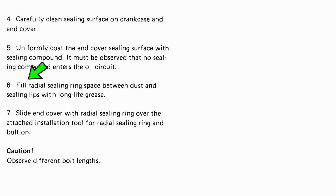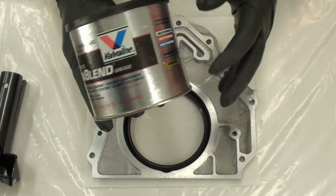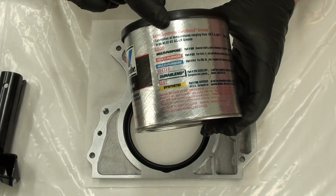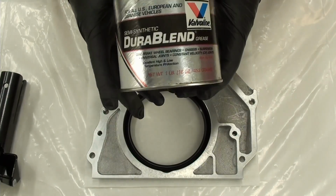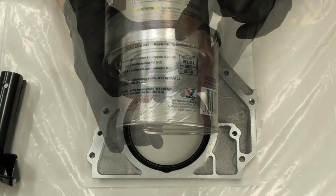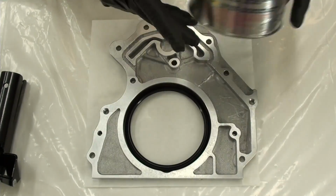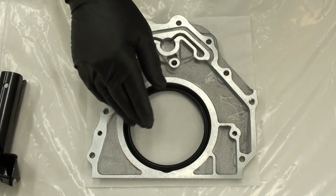Well, that's a specific type of grease. And when I look at the specifications, I find out that this is actually part of it. It's an NLGI number 2. It's just a long life grease. This is synthetic with a moly. So there it is. And I'm just going to put a light one right around the inside of that, and then I'm going to